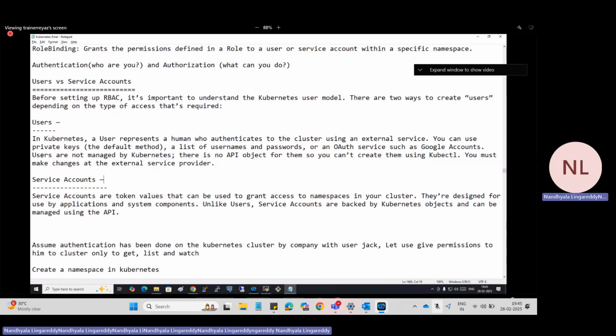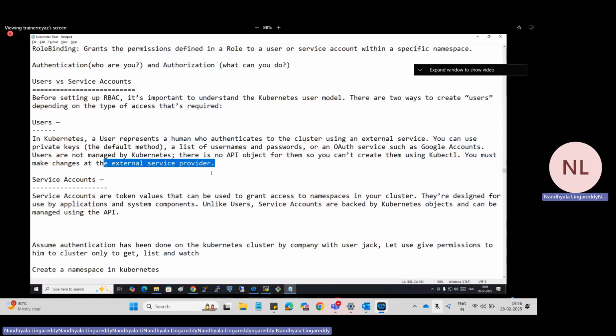Users are not managed by Kubernetes, because there is no API object for creating them. For everything we have the API version, right? There is no code library for creating these users in Kubernetes. For that reason, they use third-party or external service providers for authentication.